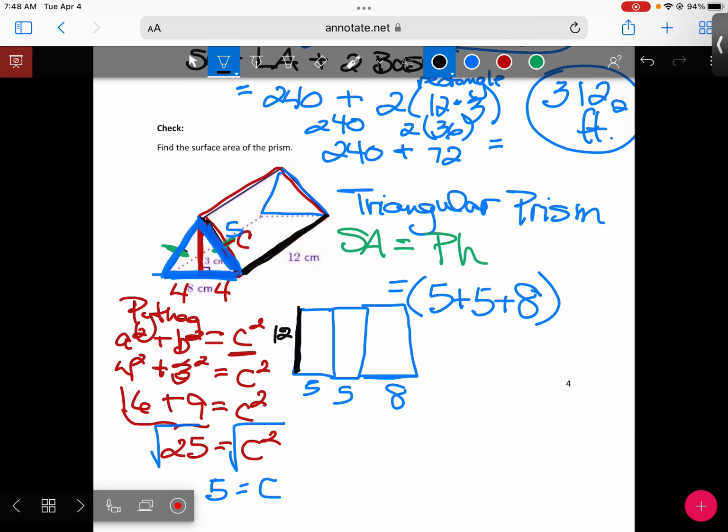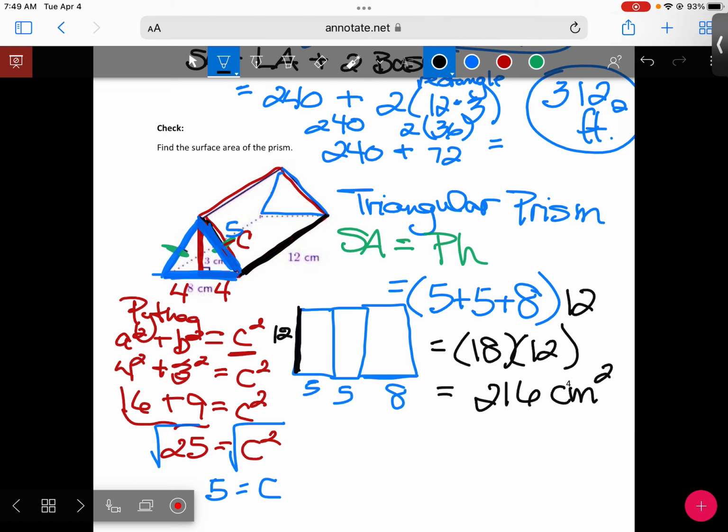So we're talking about the sides around. All right, so that is times 12. So 5 plus 5 plus 8 is 18 times 12. Ooh, who's got a calculator? Not I. What is it? 216